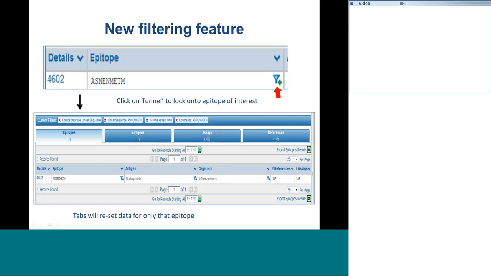A really unique feature that is part of the new results page, so I fall backwards, is that you can remember that initial list of 5 structures. If you're just interested in the first one, you can click here on this filter, and I've highlighted it, made it huge here, as you can see. If you click on this filter, it says, tell me just the information for that particular epitope. So as soon as you do that, these will reset, representing the data for just that particular epitope. Then you can see that you've lessened the assays a little bit, but most of the data is for